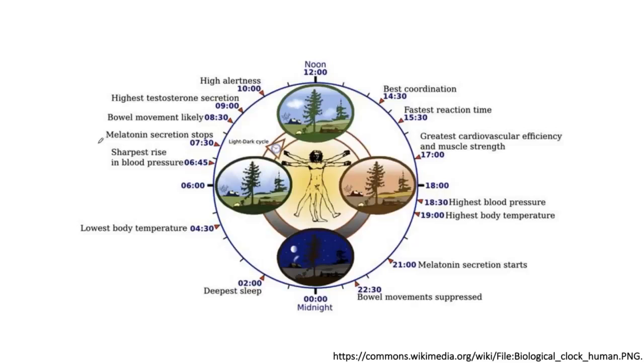So there are different studies in terms of what would be the effect of this, what we call circadian rhythm, in our different biological functions, whether it is about, let's say, the melatonin secretion. So we know melatonin secretion would stop at something like 7 a.m. in the morning, and then we have the highest testosterone level at 9 a.m. in the morning. We have the highest blood pressure in the afternoon,